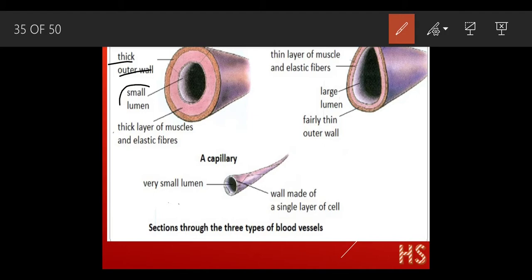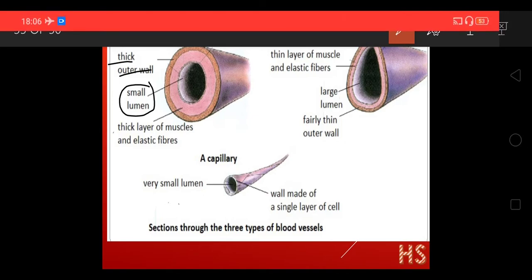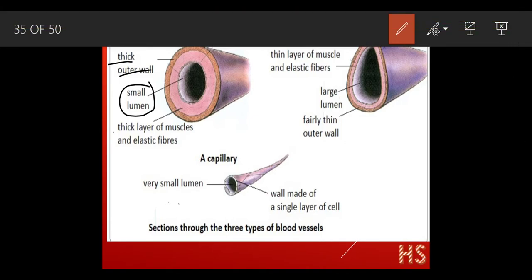It has the small lumen. What do you mean by lumen? Lumen means nothing but a central bore, the space through which the blood is going to pass. Small lumen. Why does it have a small lumen? Because it has to exert a large amount of force, because arteries only carry the oxygenated blood, and this oxygenated blood is transported to each and every part of the body. So that is why the lumen is quite small, and it has the thick layer of muscles, and they are elastic in nature, so that the blood does not flow out. Okay, it moves in the same direction. That is unidirectional.